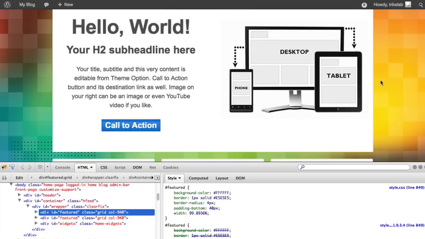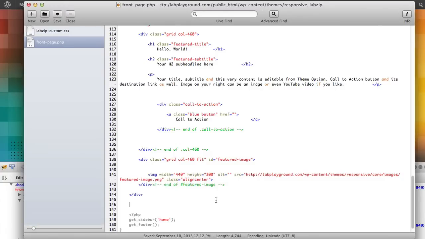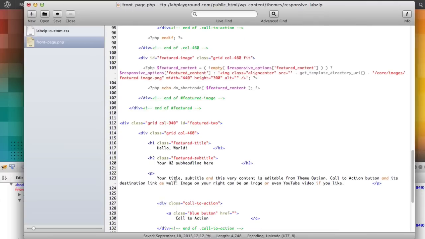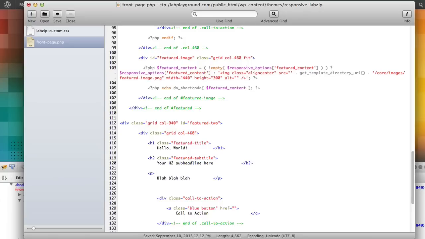As we do, right? So now one way to handle this is I can go ahead and just manually edit this and put whatever I wanted in there, and I can style it differently too, as long as I change the names of the classes or the IDs. So for example, if I was going to clean this up a little bit, we're going to call this featured-2. Let's put a hyphen in there so it's proper. And I'm just making this up as I go along. I want to get rid of some of this, so I'm going to just say blah, blah, blah, and